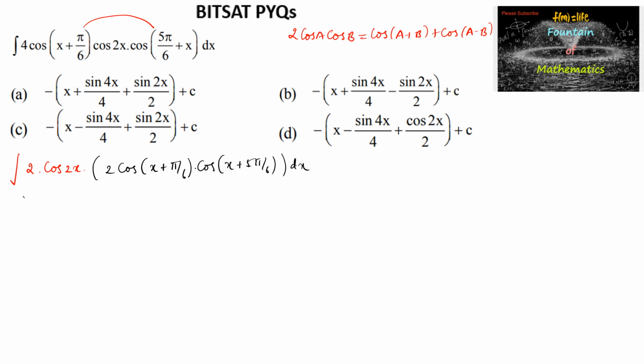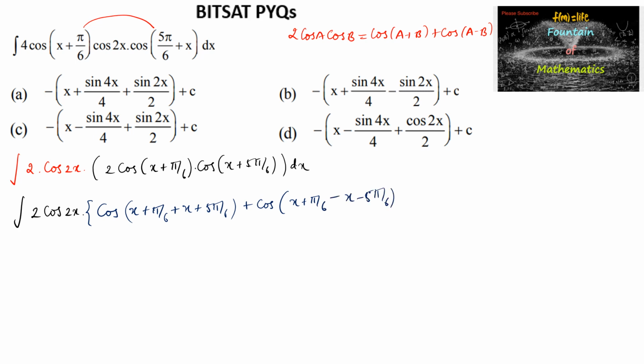So we can write integral 2 times cos 2x into cos A plus B, that is x plus pi by 6 plus x plus 5 pi by 6, plus cos of x plus pi by 6 minus x minus 5 pi by 6 dx, which is integral 2 times cos 2x